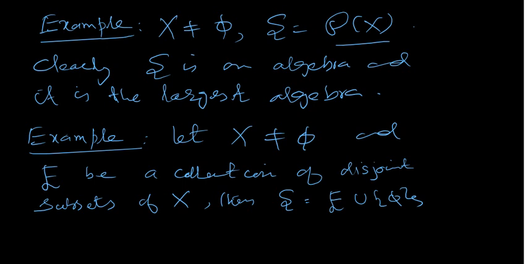It contains the empty set, that is the first property, and the rest of the properties are simple, second and third, that we can verify. This S is F union the set empty set, not the empty set, the collection which contains the empty set. So then this S is a simmering. अगर आप इसको वेरीफाई करना चाहोगे,